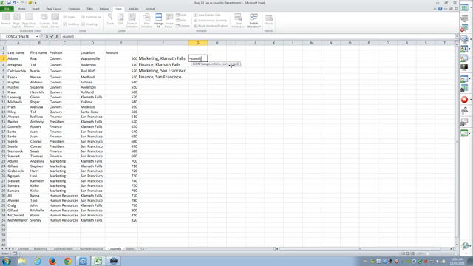No. Okay, so I want to find all the people from the location of, let's say, San Francisco, okay? I want to find all the people from San Francisco and how much is in the money column, in the amount column. All right, so the range that I want to evaluate is the location. So I want you to highlight from D3 down to D35. That's my evaluation range, okay? Now, comma,